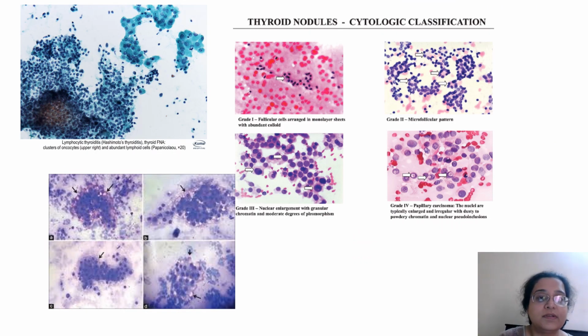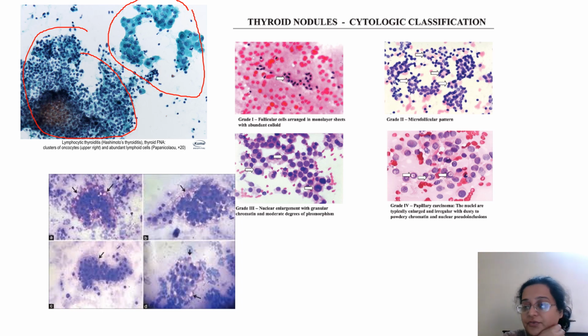Okay, coming to this, this is lymphocytic thyroiditis. On PAP, you can see that the cells look a little big, but there are a lot of lymphocytes, centroblasts, centrocytes. So I'm getting both follicular epithelial cells and the lymphocytes. So this is lymphocytic thyroiditis. Same over here. Now let's come to the same thing that I showed you. This looks like a very benign thyroid with colloid in the background.